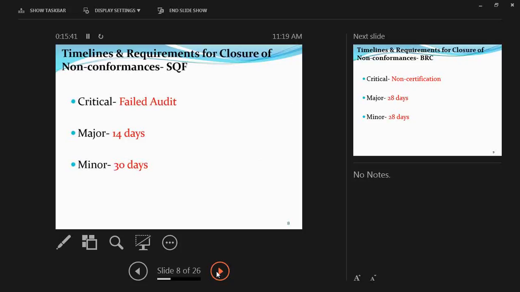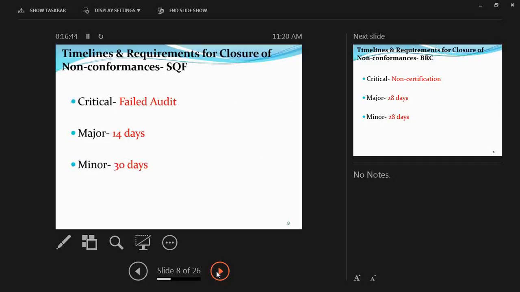So again, I'm just going back to SQF. According to SQF 5, that is Safe Quality Food Institute, a minor nonconformity shall be corrected, verified, and closed out in the SQF assessment database, which is Reliance at this moment, within 30 calendar days of the completion of the facility audit. Sometimes extensions may be granted by the certification body. It is up to the certification body to grant an extension where there is no immediate threat to product safety and quality, and alternative temporary methods of controls are initiated. In those cases, the CB may extend the duration by a few more days, but essentially auditees have 30 days to get the